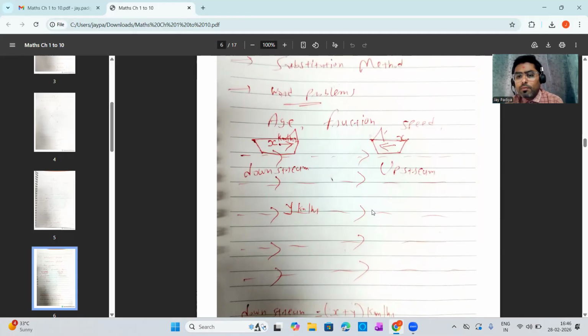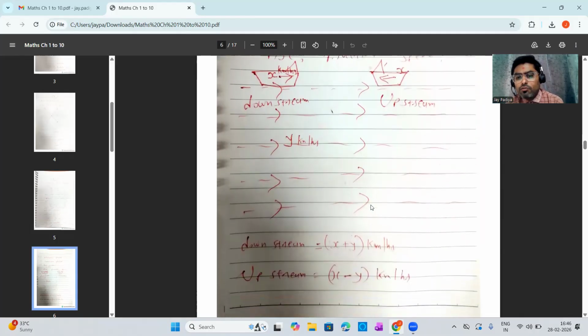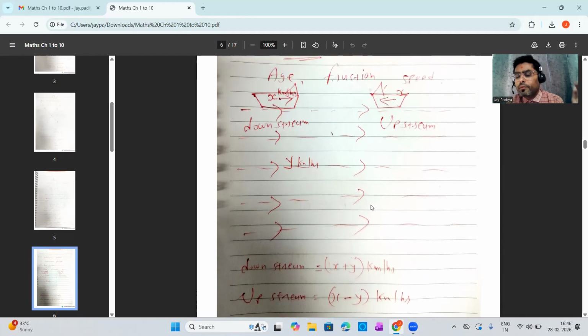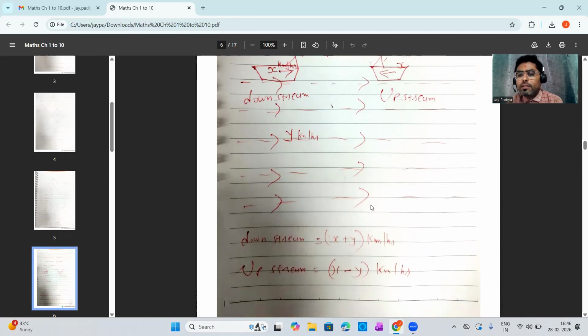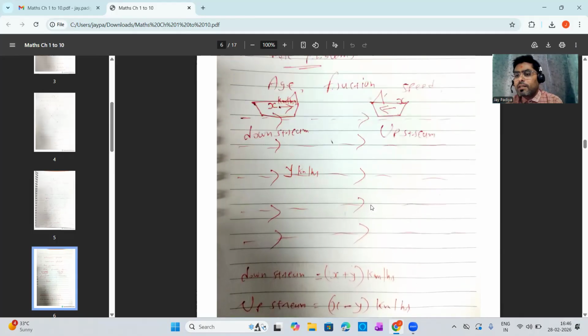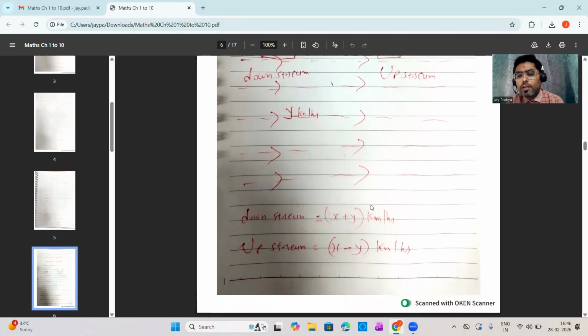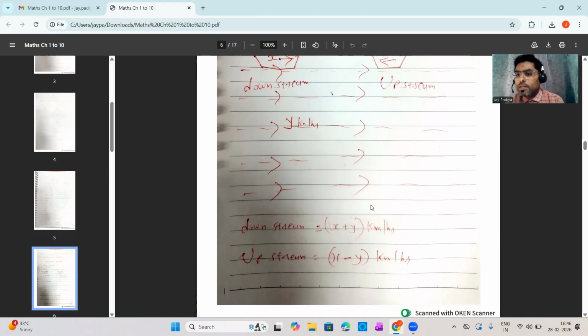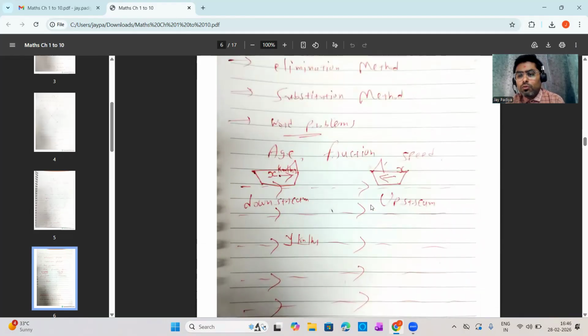वाले, राइट? डाउन स्ट्रीम अप स्ट्रीम मैंने यहाँ पे समझा लिखा है, राइट? डाउन स्ट्रीम जो है तो मतलब जो स्ट्रीम है उसकी डायरेक्शन और बोट की डायरेक्शन, बोथ डायरेक्शन आर सेम, देन वी कैन से इट्स अ डाउन स्ट्रीम। इफ स्ट्रीम की डायरेक्शन और बोट की डायरेक्शंस आर अपोजिट, देन वी कैन से इट्स अ अपस्ट्रीम, राइट? तो डाउन स्ट्रीम है तो हमारा x प्लस वाई है, और मेक श्योर दैट जो कुछ भी आप एज्यूम करो बोट की स्पीड पहले लिखनी है। ओवर हियर वी हैव कंसीडर्ड द बोट स्पीड इज x, राइट? सो डाउन स्ट्रीम की बात करें तो x प्लस वाई किलोमीटर पर आर, और अपस्ट्रीम x माइनस वाई किलोमीटर पर आर।